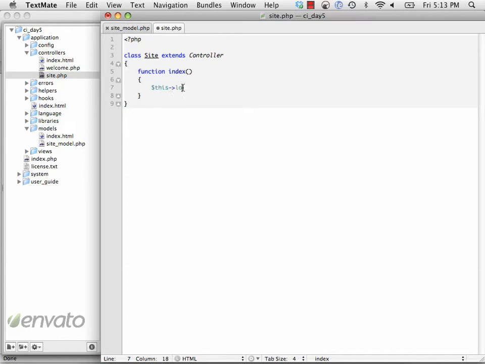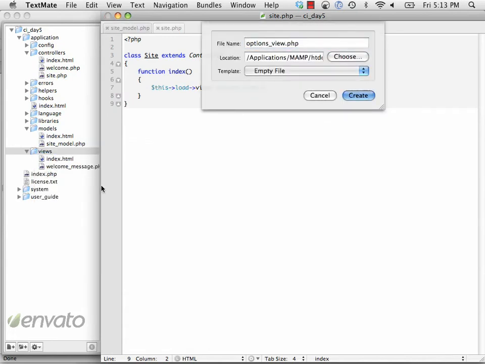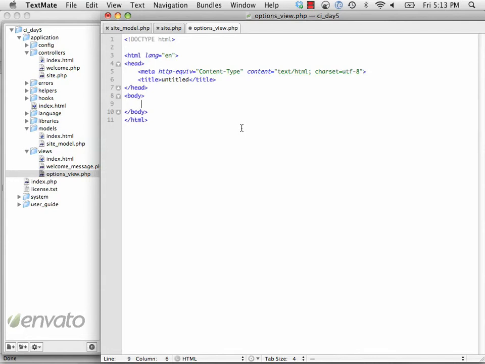So this load view, and I'm going to create a view where you have all of your options, where you can insert an item, read an item, delete and update all on that one page, just for simplicity. So let's call it something like options of view. And ultimately, we'll revise this and add some more. But for now, let's go ahead and load the view. Okay. The next thing is,